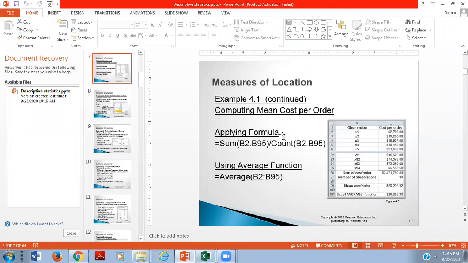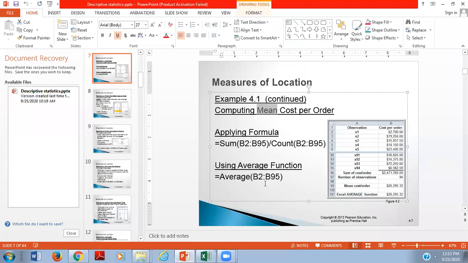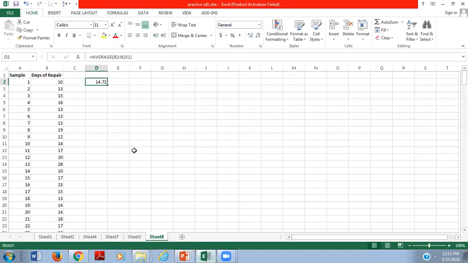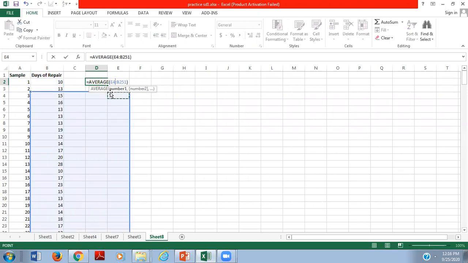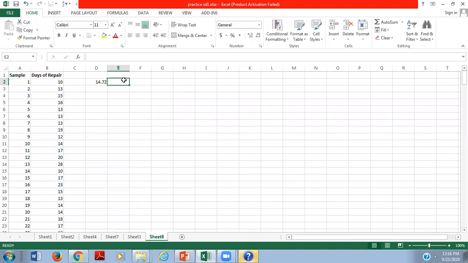Here we already have calculated the mean value. Mean value is the average of the defined range. The defined range we already did, just now in front of you on your screen. The value 14.72 is there, average over the range defined up to 250 rows, right? So the value will come here, 14.72. It means approximately 15 days.